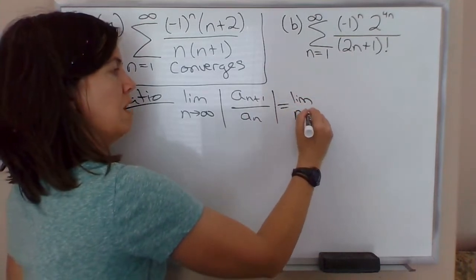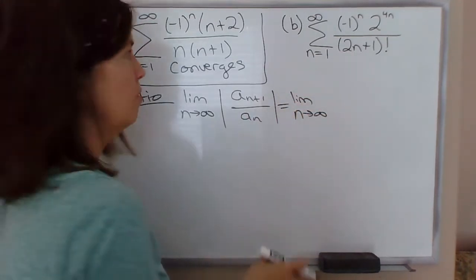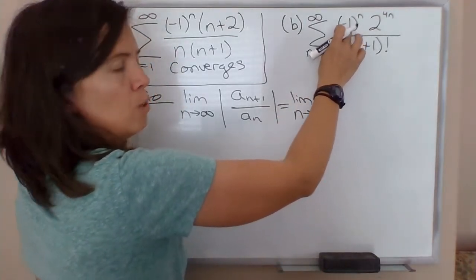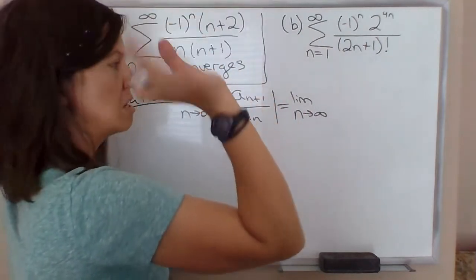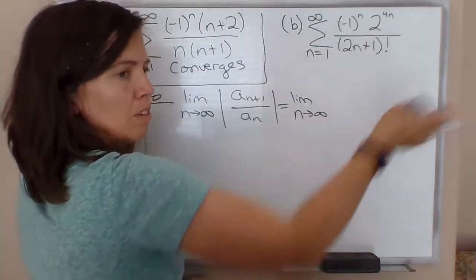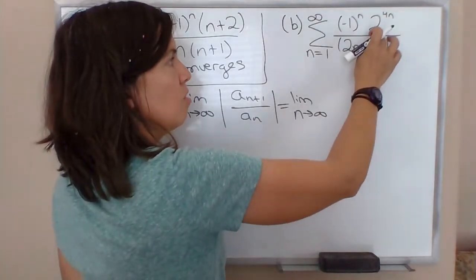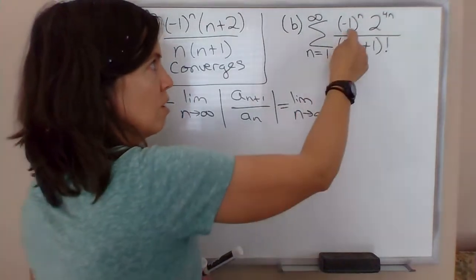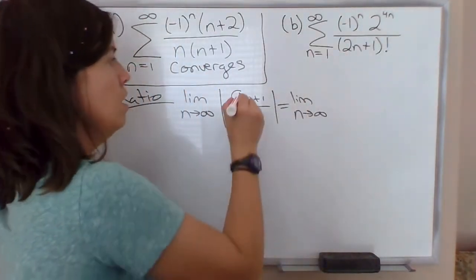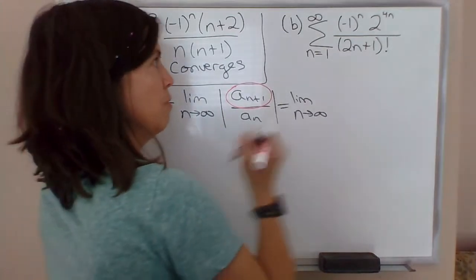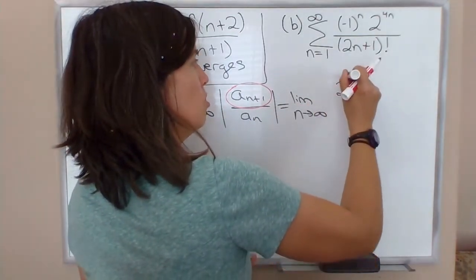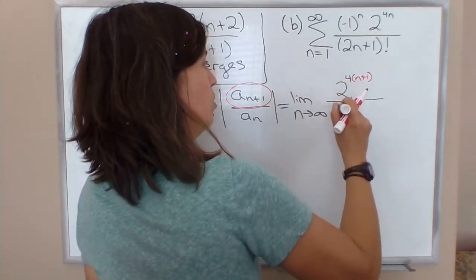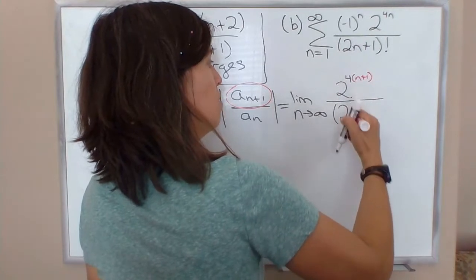So that's the limit as n approaches infinity of, let's take some shortcuts based on things I've told you. If it's inside an absolute value, we don't need to mess with negative 1 to the n. The absolute value is just going to be 1, so I can just drop that. This is always positive, this is always positive, so we don't really need to write the absolute value as long as we drop the negative 1 to the n. The a_(n+1) term, we write that out, that'll be 2 to the 4 times (n plus 1) over (2 times (n plus 1))